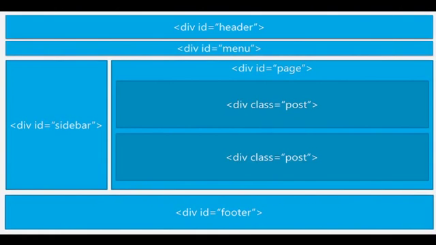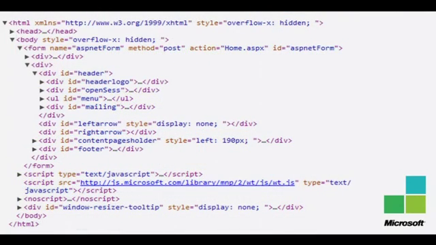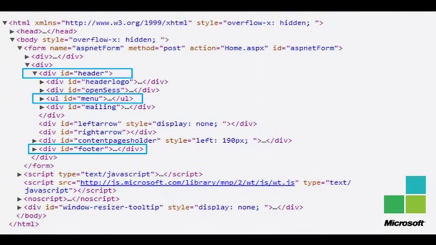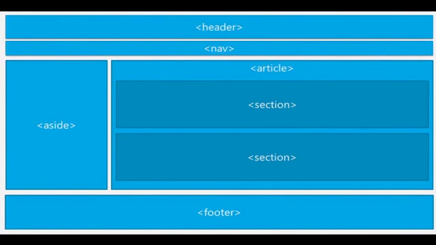Now, just to prove to you that I'm not lying, I took a site, the Tech Day site, and I had a look at the code. And what you see there is exactly the things that I just told you. On this site, in this code, you see a div ID header, I have a menu, and I have a footer. So basically, what did the HTML5 working group do? Well, they took those tags, div ID header, div ID footer, and they created real tags out of them. So now you already have a view on the first tags that you have in HTML5 to build the structure